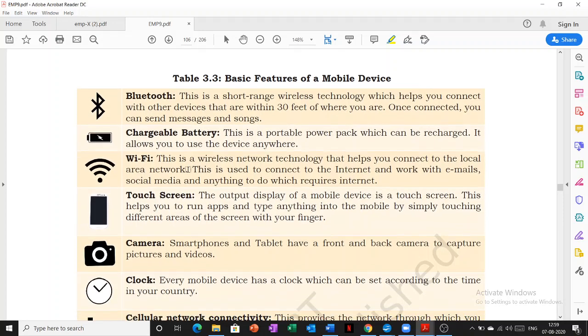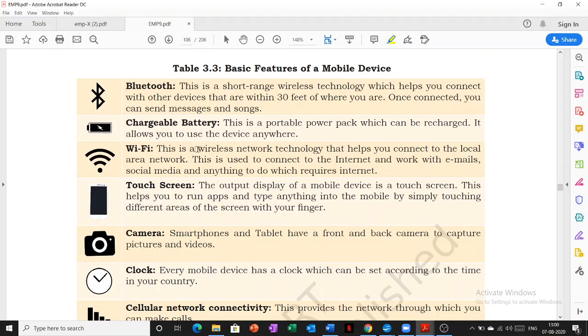Third one is Wi-Fi. Now Wi-Fi is a wireless network. Wireless network means it is a technology that is connecting wirelessly. Wi-Fi full form is wireless fidelity. With fidelity, we mean our device is feasible to connect with any kind of device. That means it is a technology that can connect with any of the devices, whether it is a mobile phone, a tablet, or a computer, any technology.